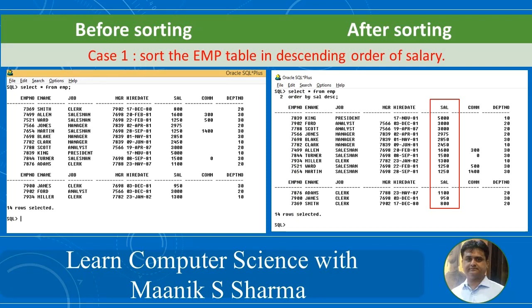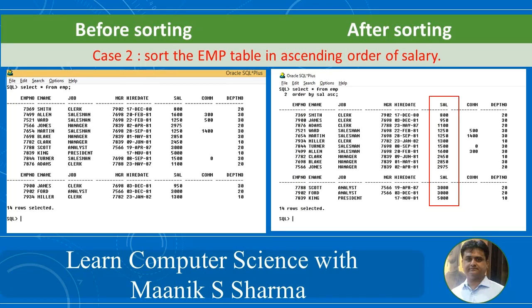That means the highest salary will be shown first and the lowest salary will be at the bottom of the table. You may verify the same from your screen. Case 2. How to sort the EMP table data in ascending order of salary. For this, we need to write and execute the query, that is select star from EMP, order by sal, ASC